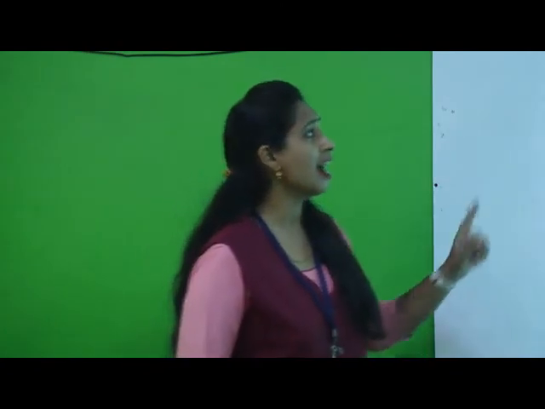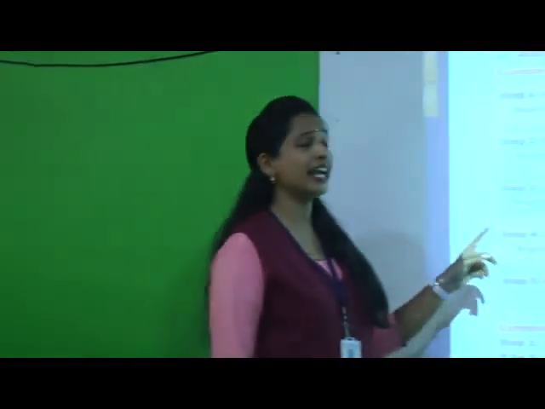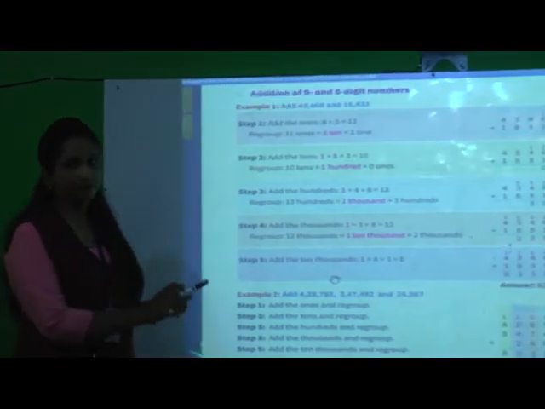What we have studied in our last session: we started our second chapter, addition and subtraction, and we started exercise 2.1. We solved questions A and B. I hope you practiced those questions in the rough book on the same day. Last session we did 4-digit addition with a 5-digit answer, but today we are going to see addition of 5 and 6-digit numbers.